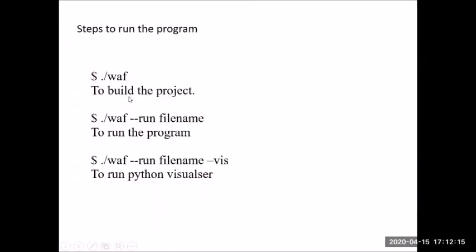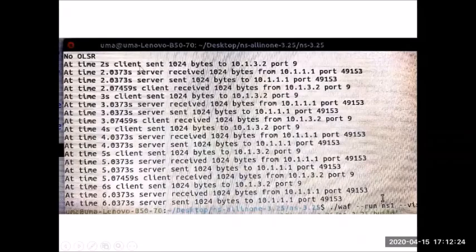Initially, when I do only this ./waf --run, and I'll give the name of the file name, say ns1 is the name of my program, you'll get this. It will display how the data was transmitted by the client, when the server received it, and what. Remember, the server is going to echo back that data. It's going to send it back to the client. So server sent again 1024 bytes to the client at this port. Server's port number is 9. So this will be displayed in the log.